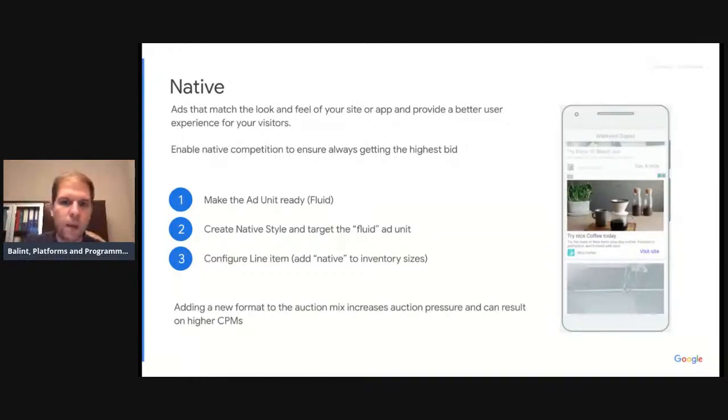And then configure the line item and add the native size to the inventory sizes. And by adding this new format to the auction, then you're just increasing the auction pressure, and that can result in higher revenues. One thing that I wouldn't necessarily recommend is to have ad exchange line items specific to native line items, because we did see from time to time that the average